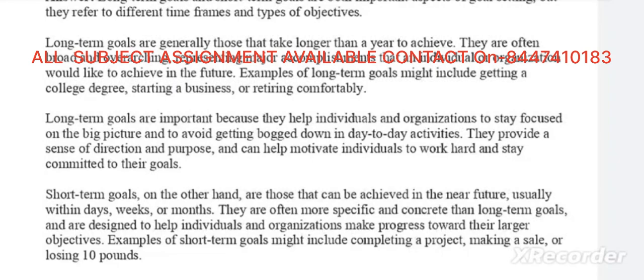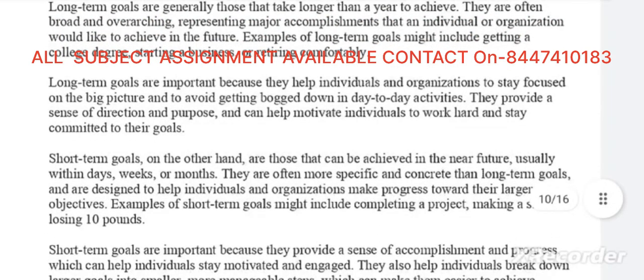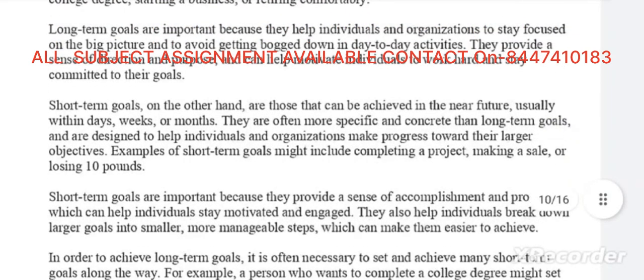Long term goals are important because they help individuals and organizations to stay focused on the big picture and to avoid getting bogged down in day to day activities. They provide a sense of direction and purpose and can help motivate individuals to work hard and stay committed to their goals. Short term goals, on the other hand, are those that can be achieved in the near future, usually